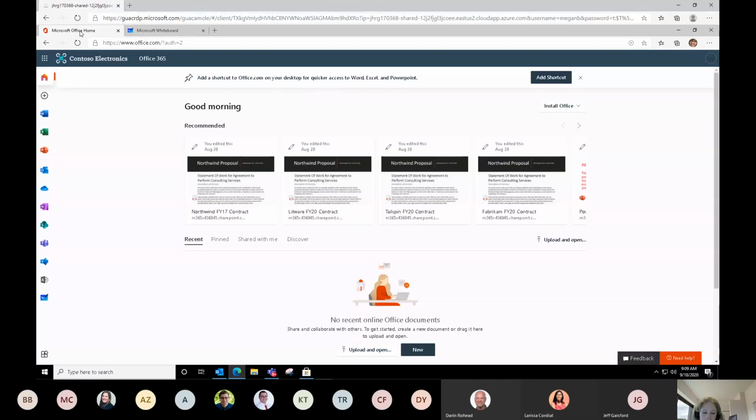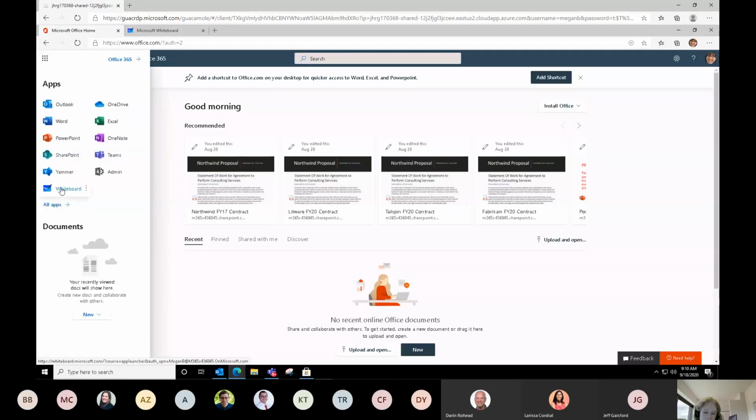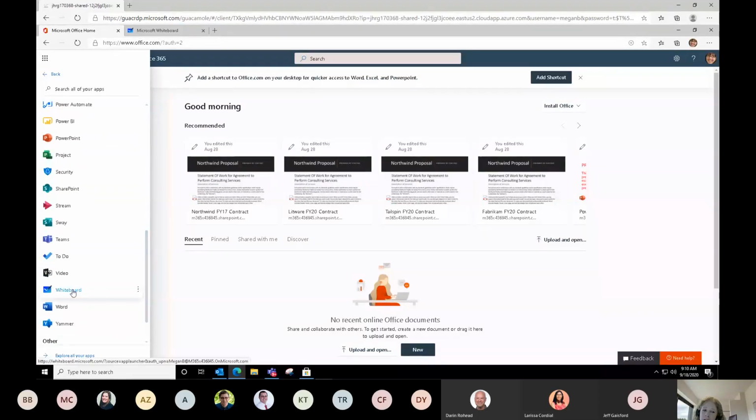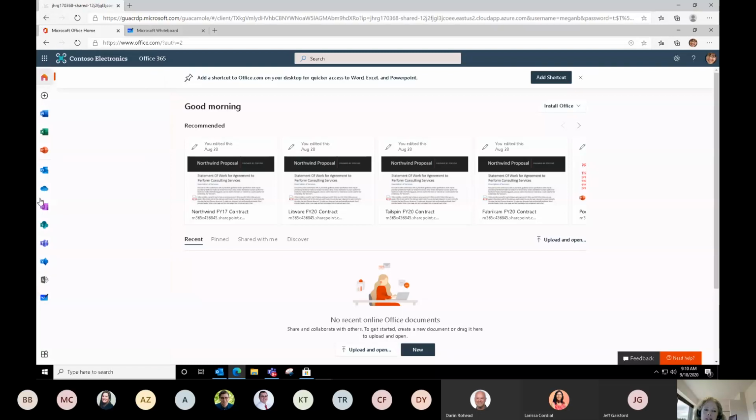So here we're seeing Megan's Office 365 account. And we just want to look at, first of all, if I wanted to get to the Whiteboard app from here, what does it look like? How do I get there? So really you can come right here, go to the app launcher. You'll see right here, I do have the Whiteboard. Do remember, if you don't first see it when you go to Office 365, you can go to your all apps. And of course, Whiteboard is double use, so it's clear down here at the bottom. If it is something you think you would use a lot in a web browser situation, make sure that you come and, mine says unpin because I've already pinned Megan's, but you'd want to pin it. That way, when you first come to your app launcher, it's going to be right here.